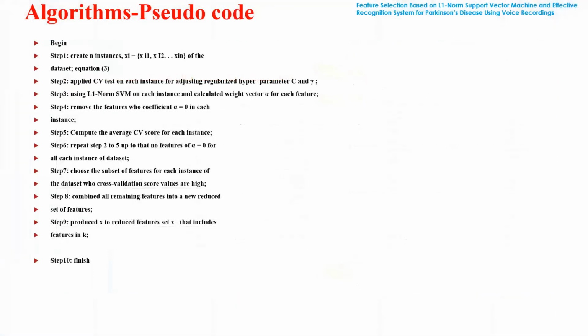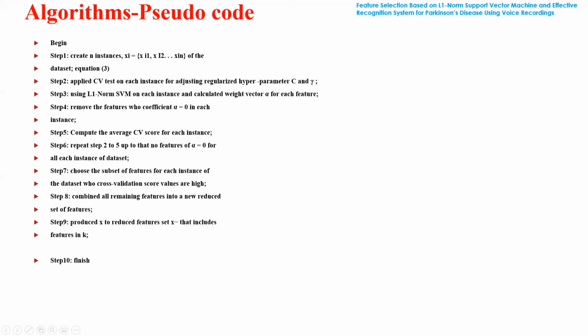And this is the algorithm pseudocode. First one, begin. Step one, create an instance Xi of the dataset. Step two, apply CV test for each instance for adjusting the regularization hyperparameters C and gamma. Step three, using L1 norm support vector machine on each instance, calculate the weight vector A for each feature. Step four, remove the features whose coefficient A equals 0 in each instance. Fifth one, compute the average CV score for each instance. Sixth one, repeat steps 2 to 5 until no feature has A equal to 0 for each instance